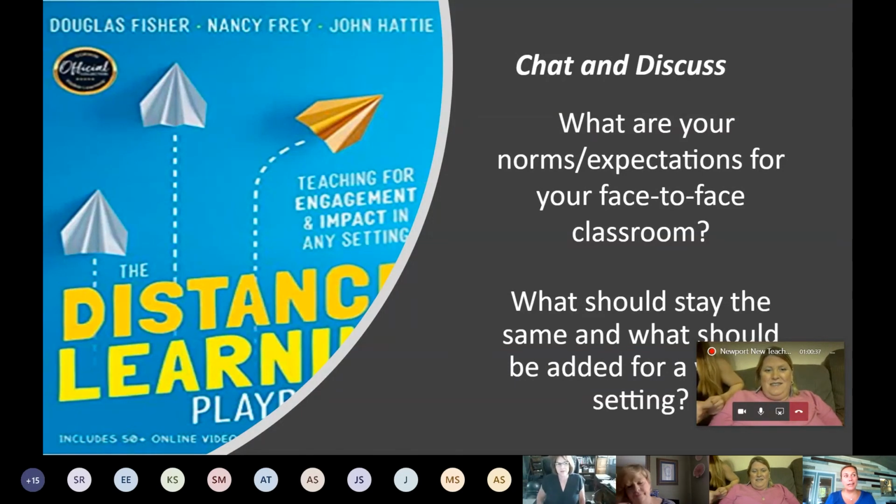With older kids and younger kids for that matter, this is going to be a difficult thing, I think, to show kids and help kids understand. You're at home, yes, so this is your comfortable environment, but being home, you're also at school. So we are going to have to talk to them about their language, about the way they're dressed, things like that, even though it's a virtual environment.